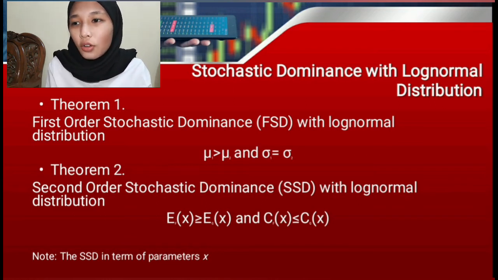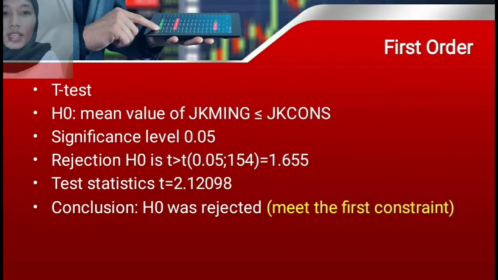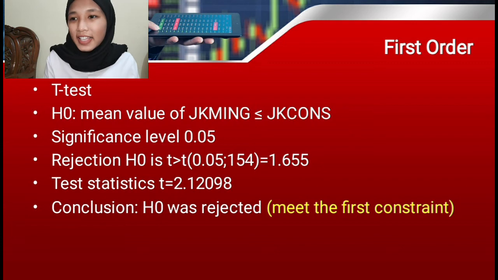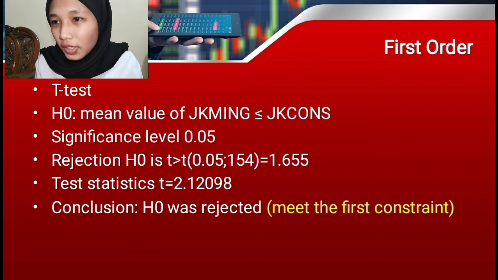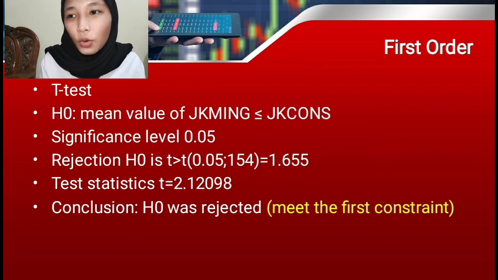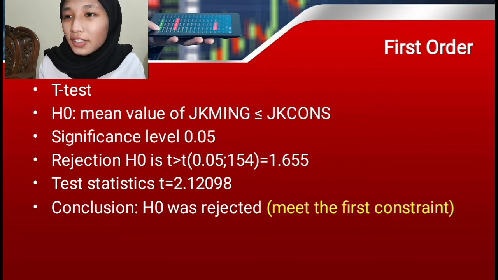The rule of the theorem is shown in the slide of the presentation, and in this case we only apply it to stock indices where the stock return follows a log-normal distribution. We applied the first order criteria, and for example, we have two different stock indexes, JKMING and JKCONS, with the null hypothesis that the mean value of JKMING is smaller than or equal to JKCONS,